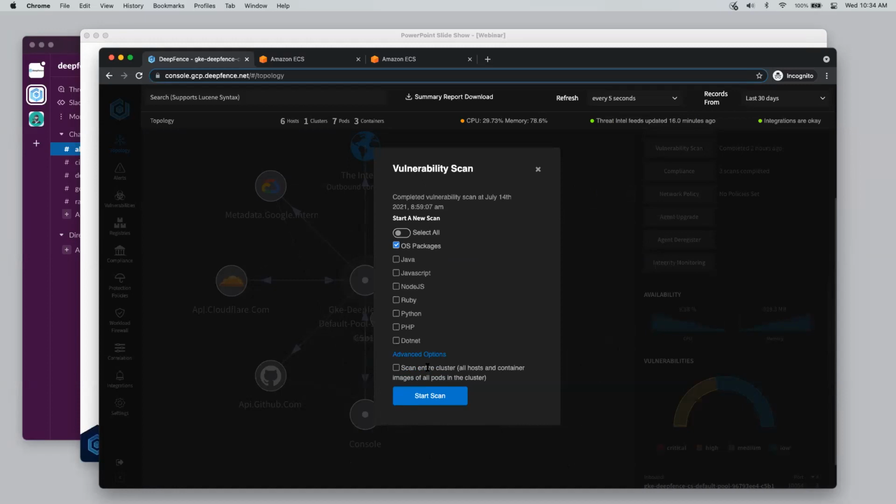Vulnerability scanning is also done intelligently. What I mean by this is, Deepfence tracks where the container images have been deployed and which vulnerabilities exist in those container images. So it's only necessary to scan a particular container image once, as opposed to having to scan it at every single place it is deployed. Vulnerability scanning can be scheduled to occur on a regular basis, and the platform has